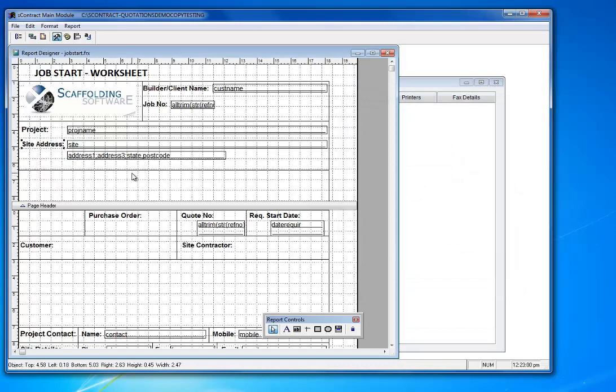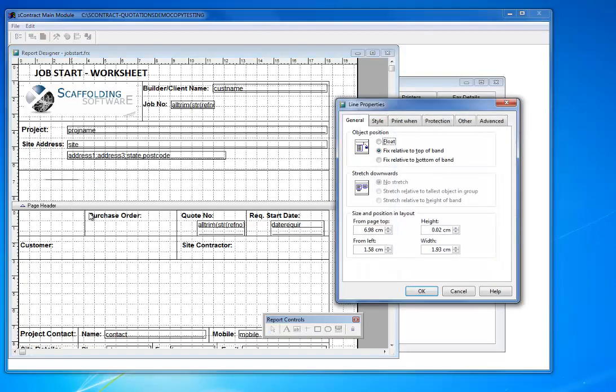Okay, so what other controls do we have available? We can actually manually create a line. So let's click on the line and create a line. So there we have it, a line. And if we right click on the line, go to properties,